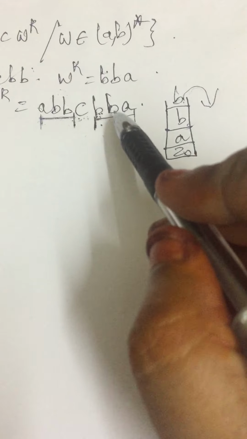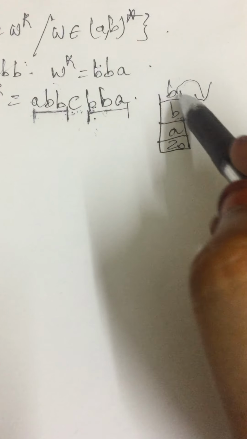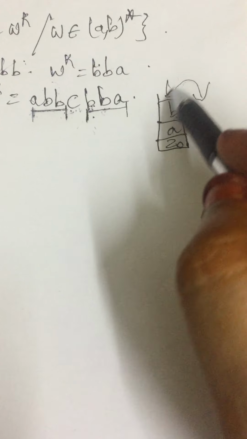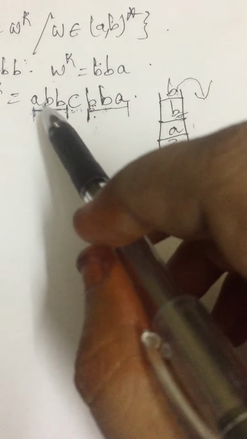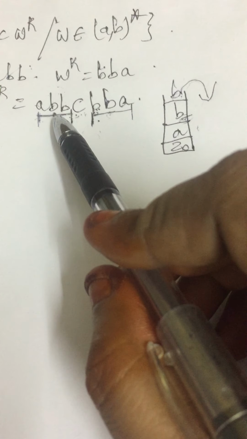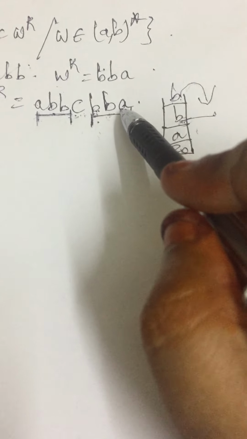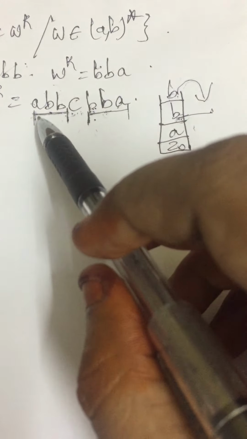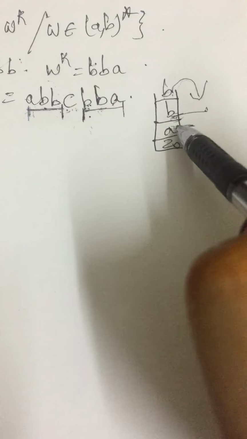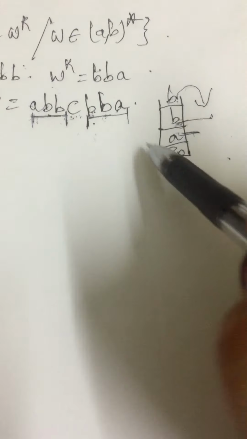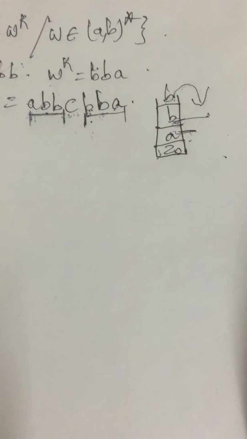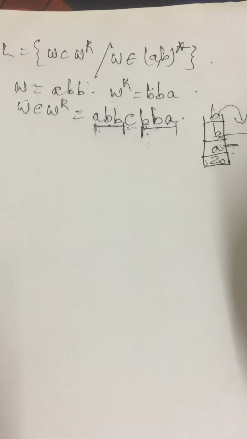And similarly, now for the second B, the top of this stack will become this one after popping this B. Now this B should match with this second B in W. So it has matched. Now the pop operation will happen. And for this A, we are going to pop this A, which is the top of the stack now. So in this manner, at the end, the stack will become empty. So this is the procedure we need to follow here. In order to follow this, let us start with the diagram.